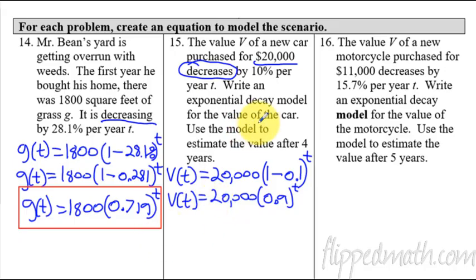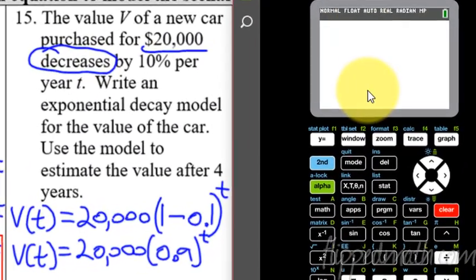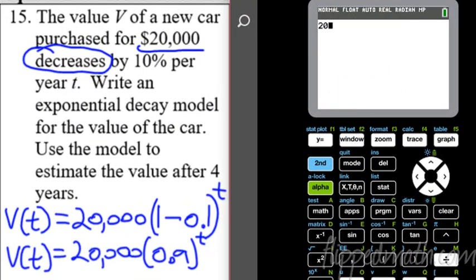There's my scenario. Now, how do I figure out how to estimate it at 4 years? This is where function notation's really nice. I love this. V of 4. That tells you that when the time is 4, it tells you what the value is. So V of 4 equals, now we just have to plug this in. Let's grab my calculator. Okay, so here, let's plug this in. 20,000, and then we're going to multiply it by 0.9 raised